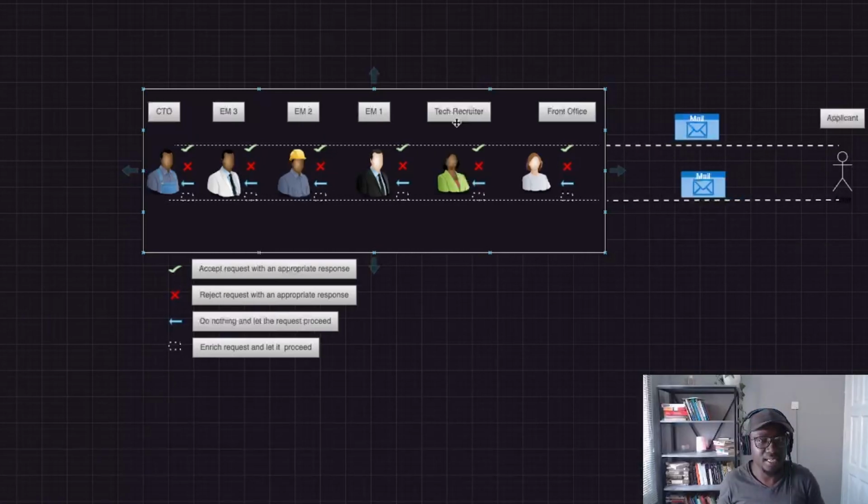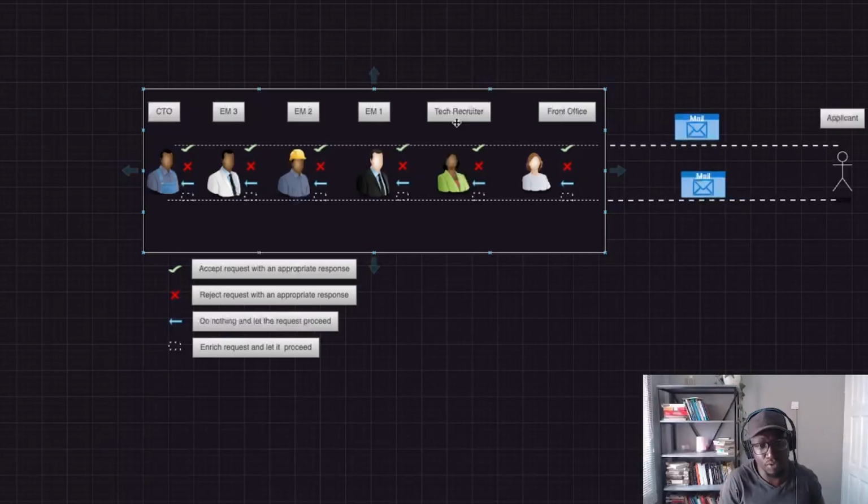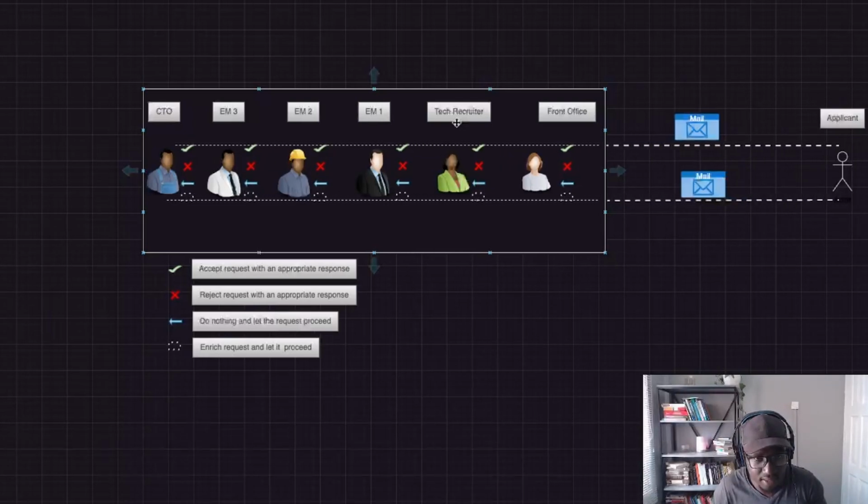Maybe the candidate has a master's degree in IT. However, a master's degree in software engineering or computer science is more preferable. Based on the skills of the candidate on the resume, their level of experience, they might decide that a master's degree in IT may just not cut it. If the candidate had maybe a certain number of years of experience, it could make up for the shortfall in the master's degree. However, these fewer years of experience coupled with a degree just doesn't cut it, and they reject